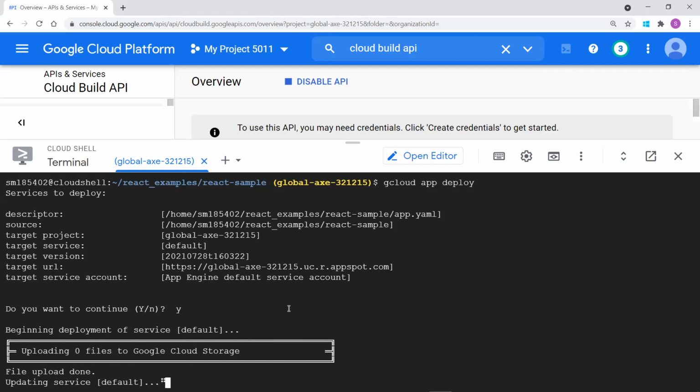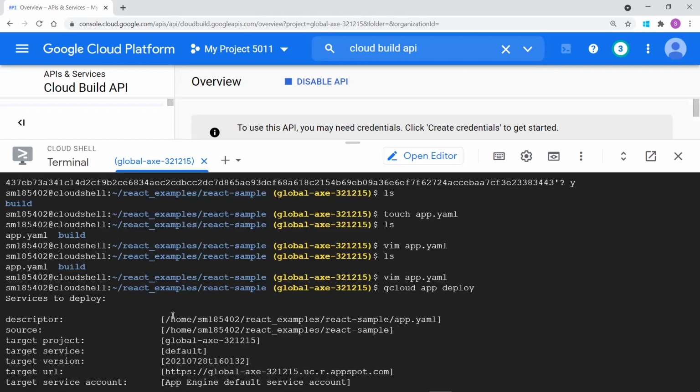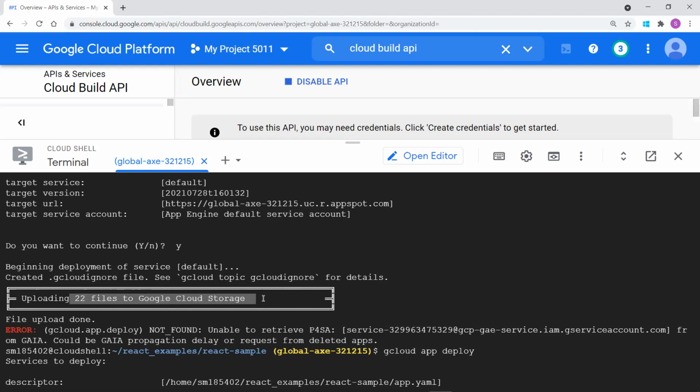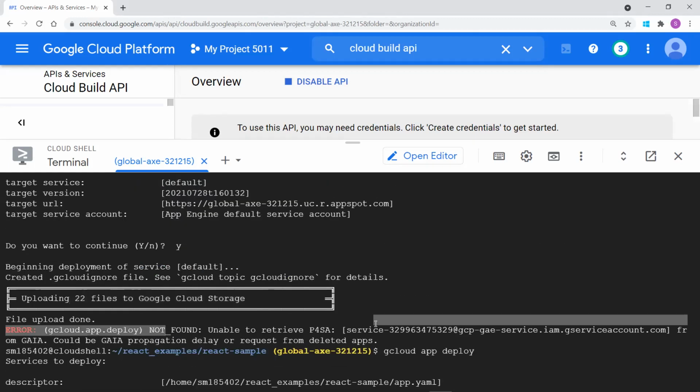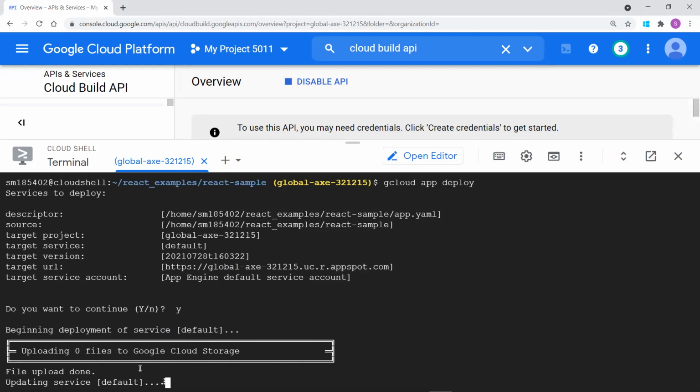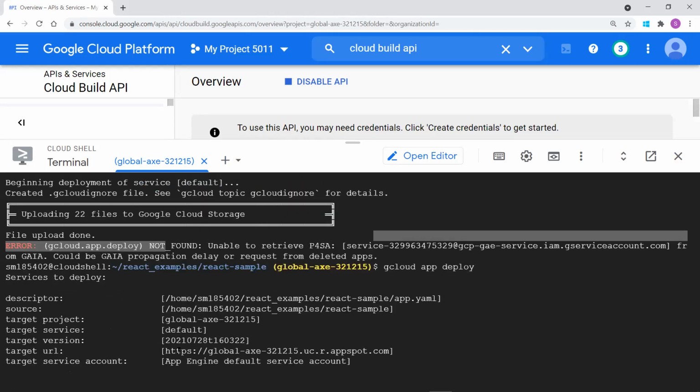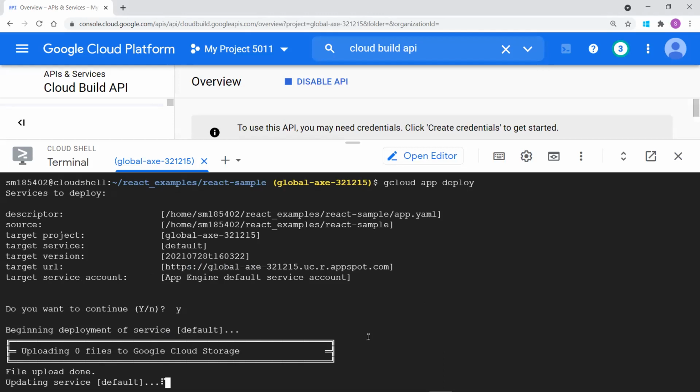I think it is the first time, so it is taking more time to deploy. Uploading 0 files. No, actually in the earlier stage it had uploaded the 22 files. Now it is not able to upload anything, uploading the services. Let's wait for one more minute.